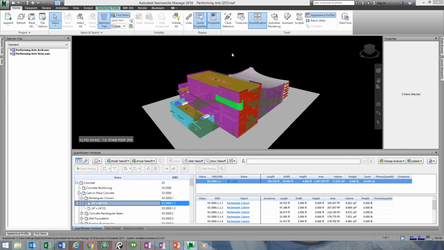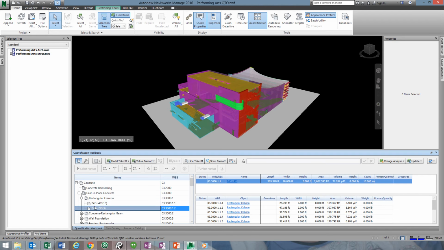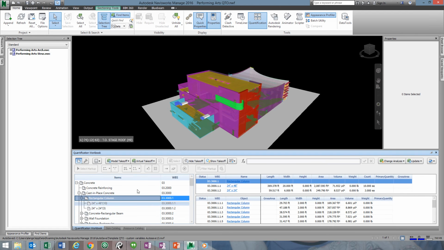Now here I have my completed takeoff of this building, and I can look through all of my quantity information here inside the quantification workbook, and where you have wrapped up totals. But if I wanted to be able to look at this in Excel, you can go ahead and export your quantities to Excel,